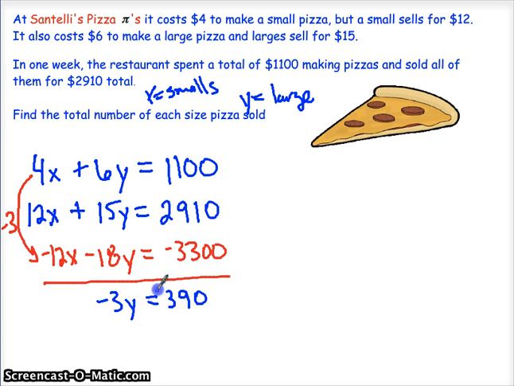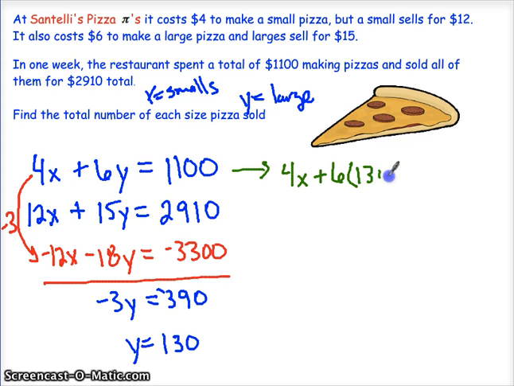Divide by -3, and you'll end up with 130 pizzas. So we know that we made 130 large pizzas. Then, of course, take one of your two equations, it doesn't really matter which one. So I'm just going to say 4x plus 6y equals $1,100,